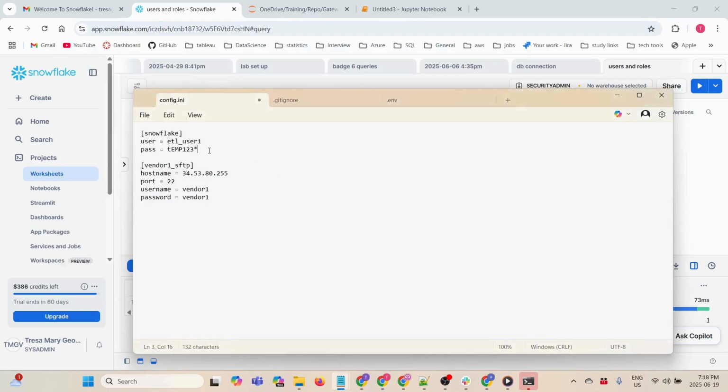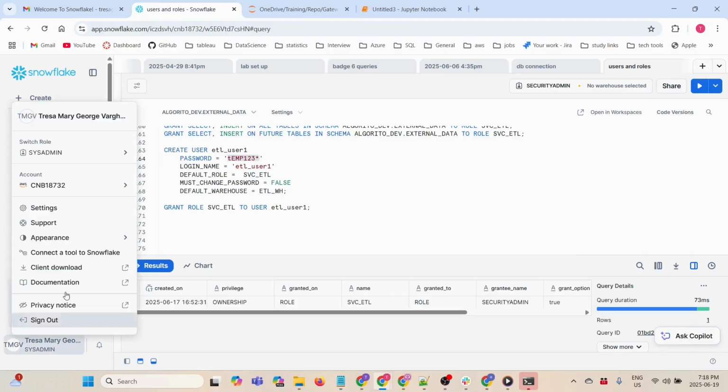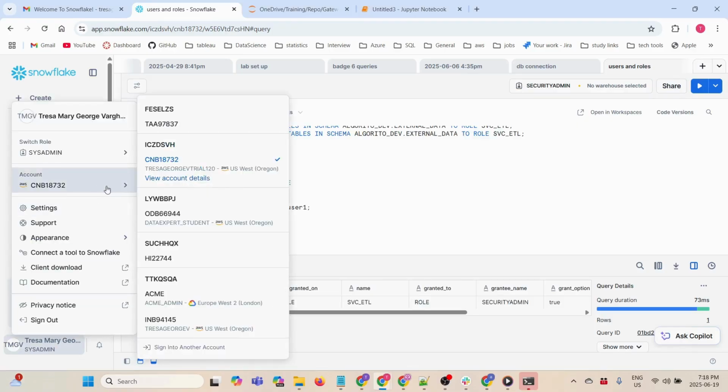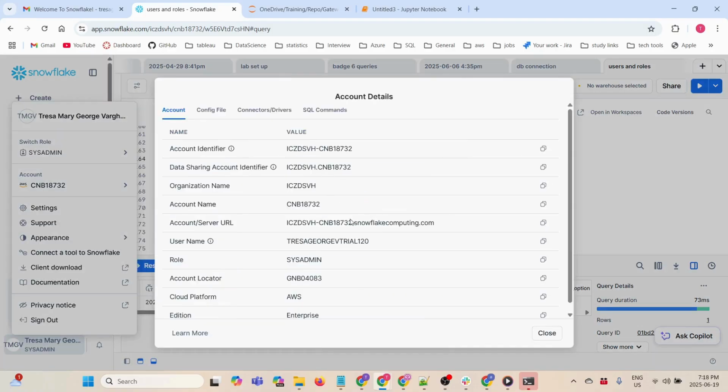Now, in order to access Snowflake, we will also need account information. To get the account information, you can come here and view account details. If you click here, this is a trial account, so don't try to connect to this account. This will expire pretty soon. So here you can find the necessary information so that you can connect to the Snowflake account from different applications,